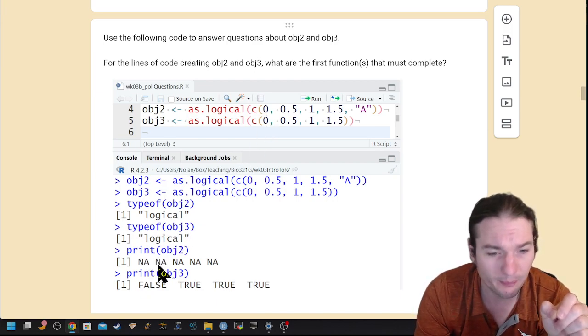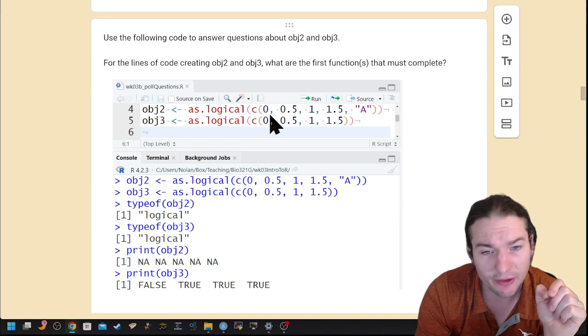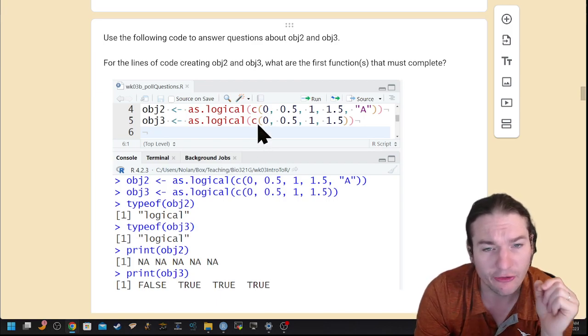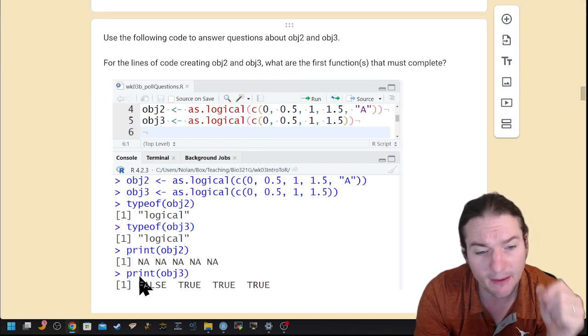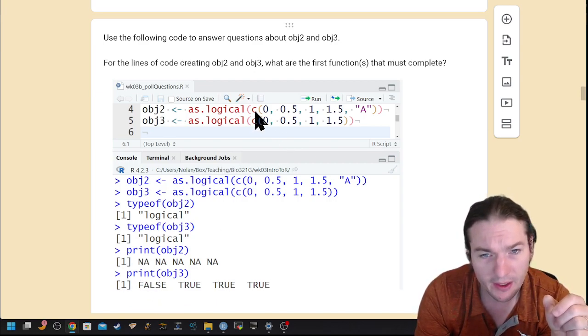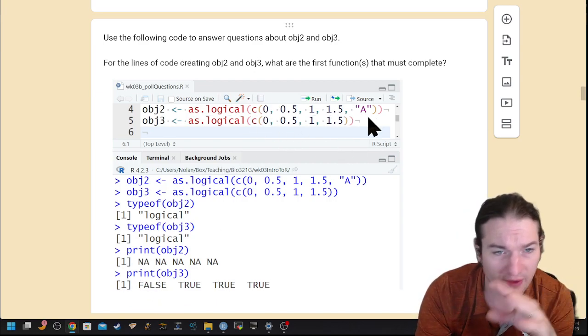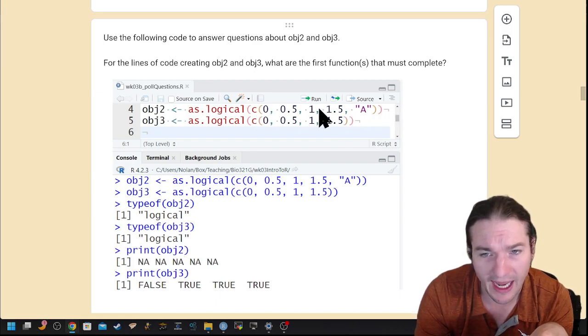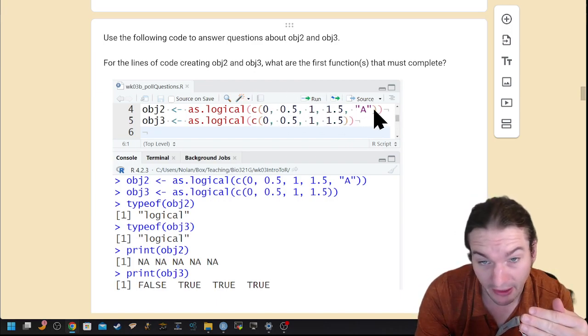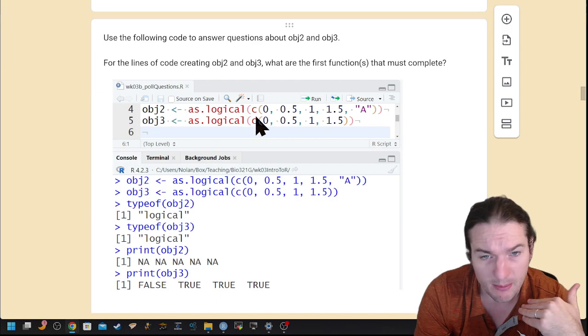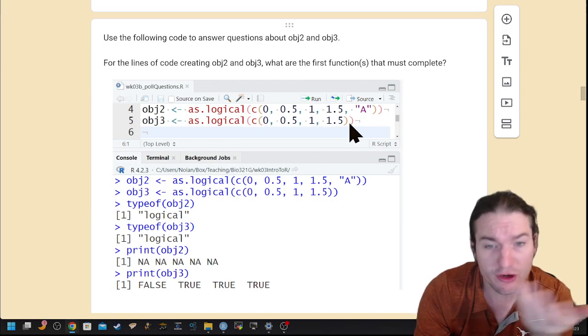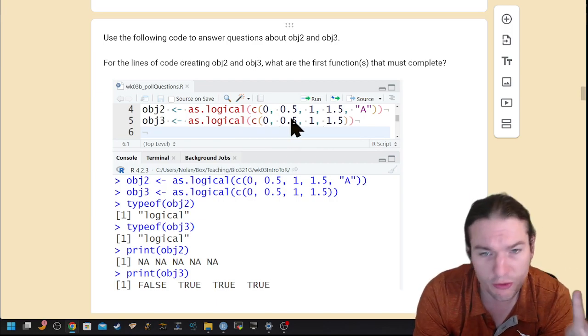It just fails, and it turns into an A. It can, however, take the number 0 and turn it into a logical. It turns the number 0 into false. And so that's the difference here. The only difference between these two lines of code was that this one, after the combine, became a character vector, and that this one, after the combine, became the same. A numeric vector became a longer numeric vector.